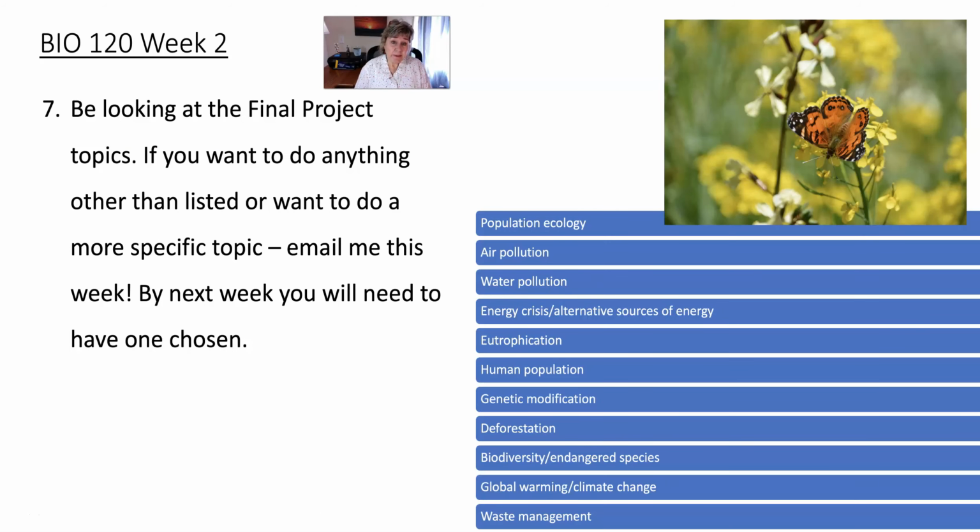And then you need to be deciding in week 2 what your final project is going to be on. So you have a final project that will be due in week number 7. You will have 3 parts to this to turn in before that week 7. I think the third one is due in week 5. Okay, these are called milestones. So you have milestone 1, milestone 2, milestone 3, and these are all parts of the final project.